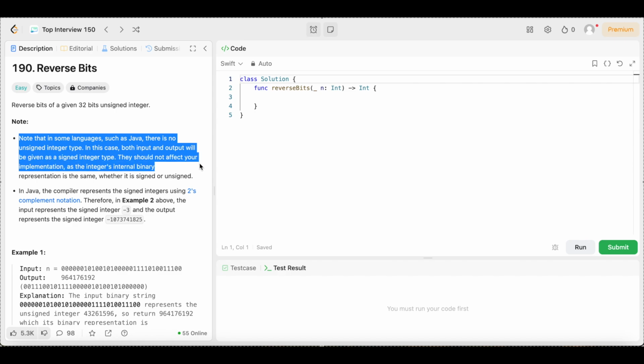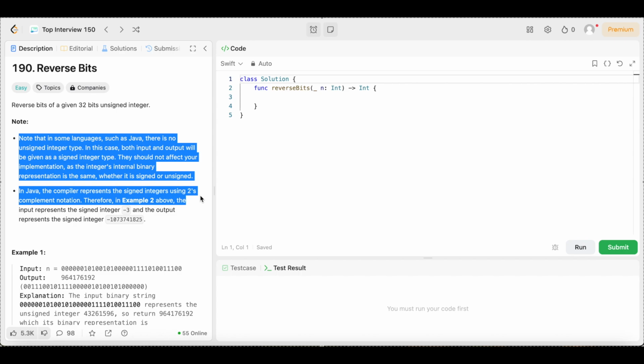They should not affect your implementation as the integer's internal binary representation is the same whether it is signed or unsigned. In Java, the compiler represents the signed integers using 2's complement notation. Therefore, in example 2 above, the input represents the signed integer -3 and the output represents the signed integer negative